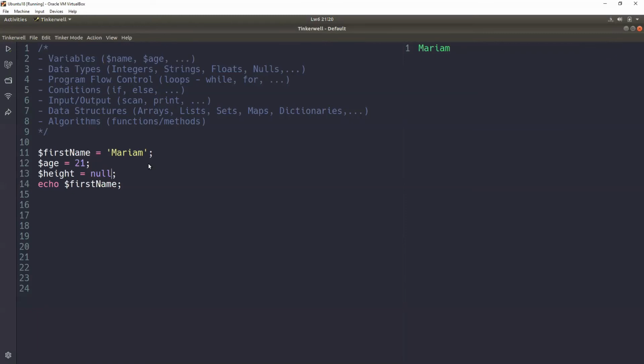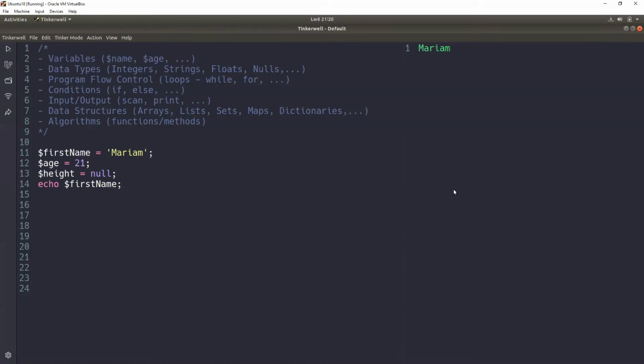Does it mean we don't define in PHP whether it's a float or string, or we just put it there and it takes for itself? PHP is not a strictly typed language. You can define variables without defining their data type.